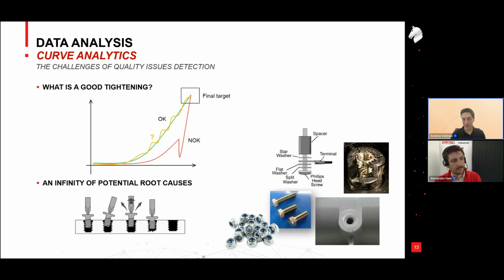But then there is an infinity of possibilities to reach this angle and torque window, and there is the yellow one as well. And what about this one? Not only is it difficult to assess whether there is actually a quality issue here, but it's extremely difficult to detect as well. Today, the technologies that are on the market are not going to be able to detect this, or only in very few cases. So we can see that there is an infinity of